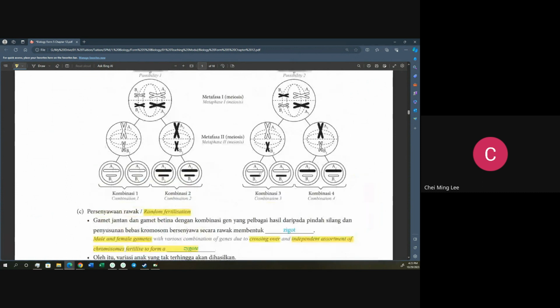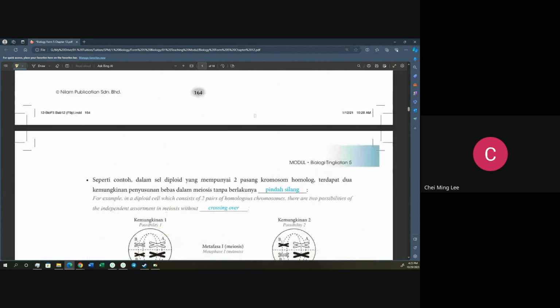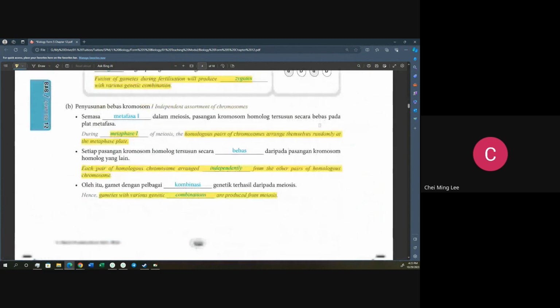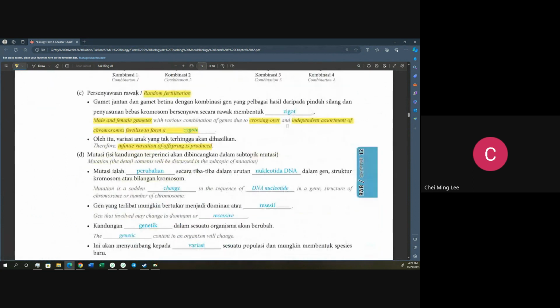Because of these two factors, factor 1 and factor 2, when they come out with different gametes and then mix together, it will create a zygote that is special in terms of